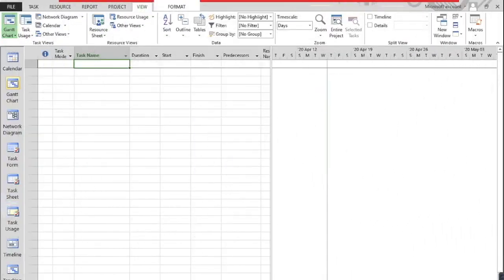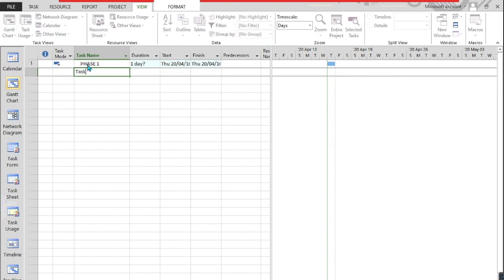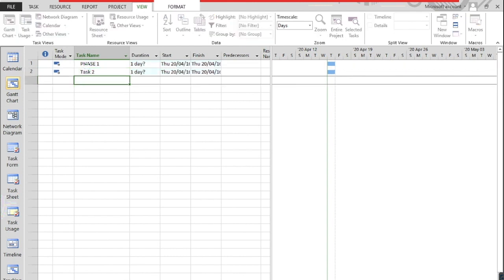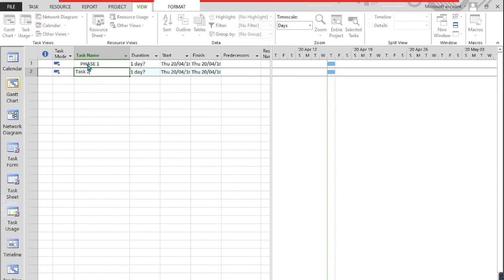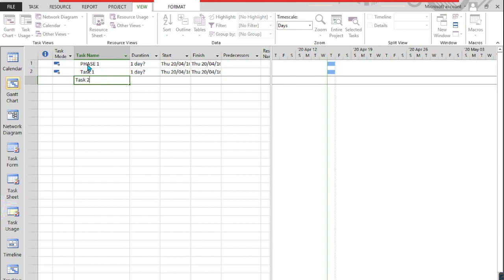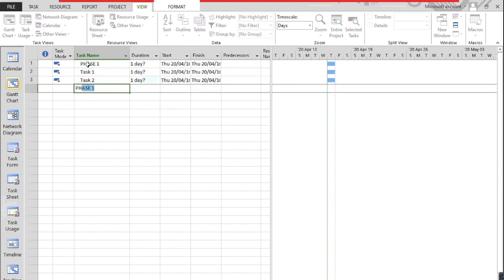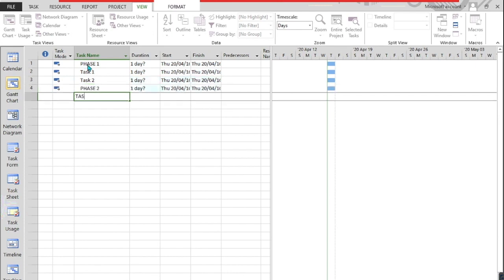Conventions here that you need to be aware of. Firstly, phases should always be typed in the caps, uppercase. Phase 1. Tasks we would recommend are typed in lowercase or sentence case. Task 1, Task 2, Phase 2, Task